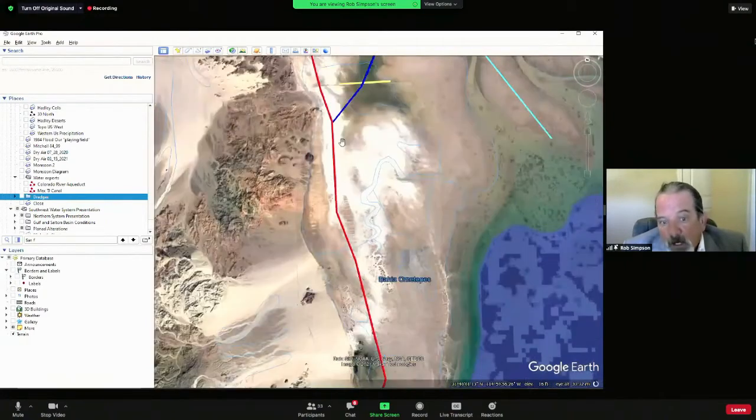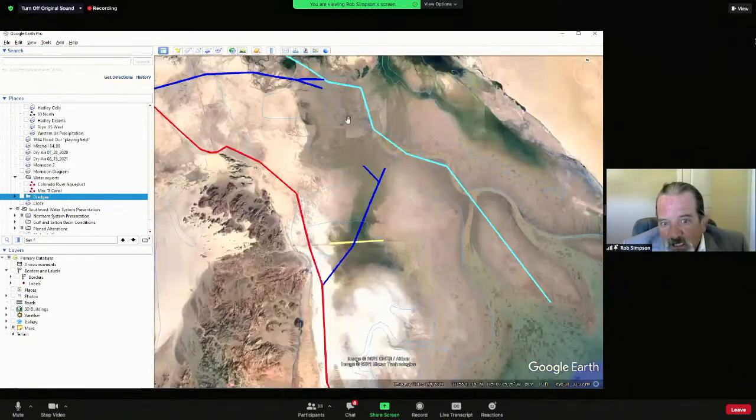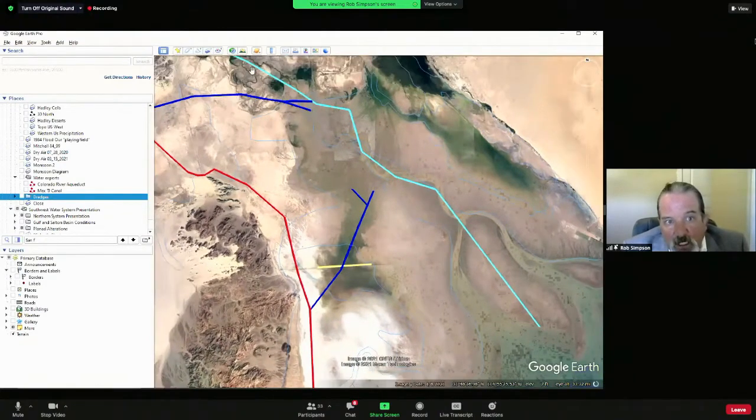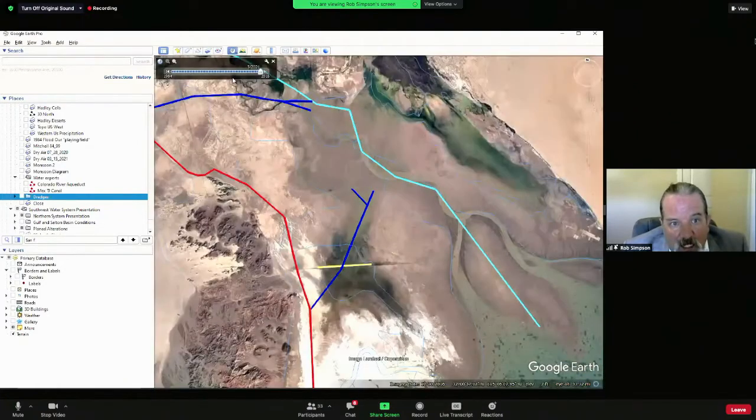Doesn't snow down here. It's funny, or not funny, but this salt extends up here. I'm going to show you that in just a minute. But all you guys can get on Google Earth, download Google Earth Pro. It's free. If you go back to 2009,